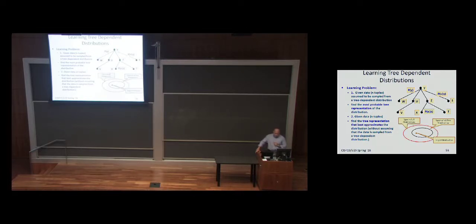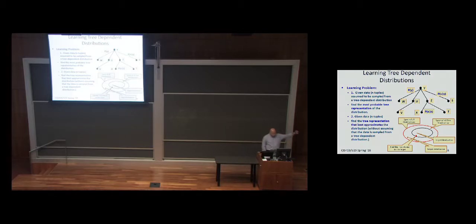The second problem says, well, there is a space of all distributions. It's a larger space. The target probability distribution could be here. What I'm going to do is find this red point, which is a tree distribution, because my algorithm will only be able to learn tree distributions. But it's the tree distribution that is the closest, under some definition of close, to the target one. Okay? So that's a more general setting.